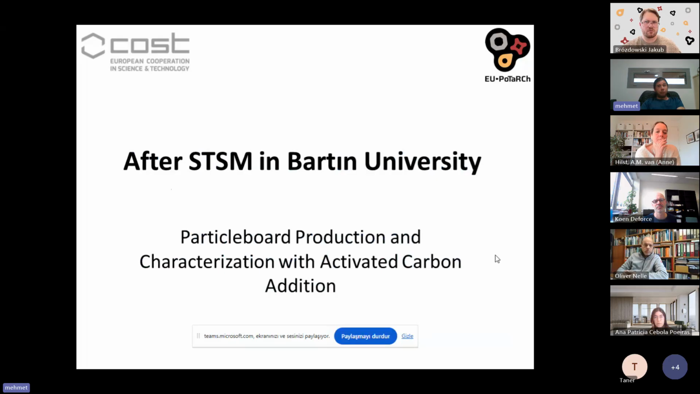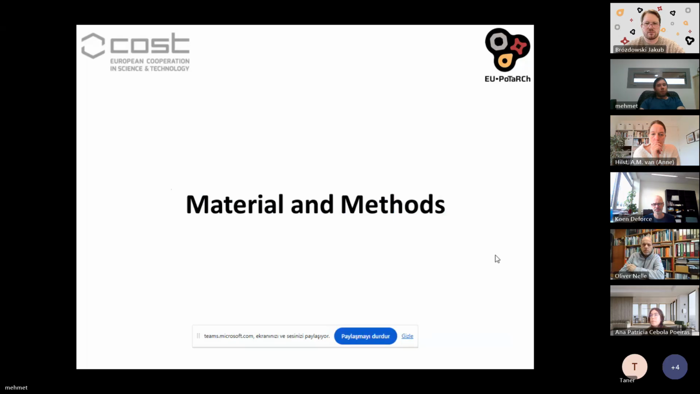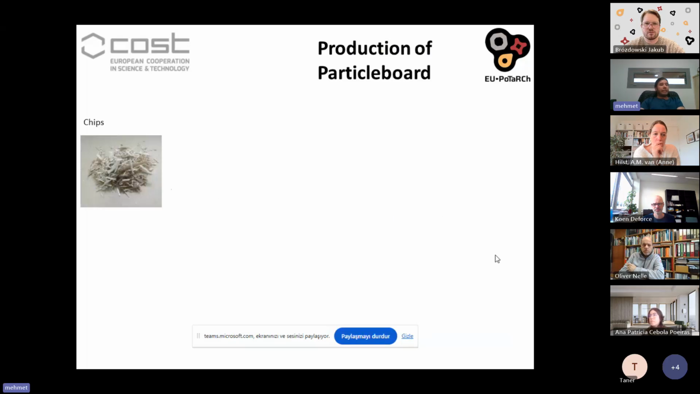And we have a lot of work in the study, so it's not possible to finish in just 10 days. So I continued at Bartin University. After the STSM at Bartin University, we produced particleboards and characterized them with some tests. Firstly, before the adhesive treatment, the chips were dried to 1 to 3% moisture content, and the chips were bonded using formaldehyde adhesive,